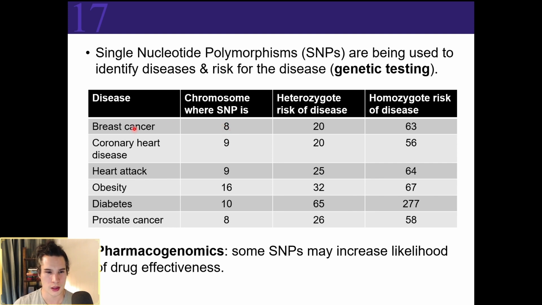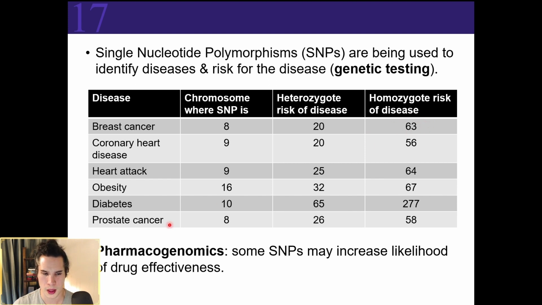Like breast cancer, there's a single nucleotide polymorphism found on chromosome 8 that if they are a heterozygote for that single nucleotide polymorphism, they have a 20% higher chance of getting breast cancer, versus if they are a homozygote, meaning two of the same alleles,